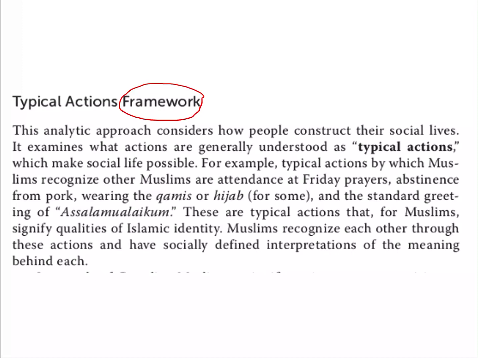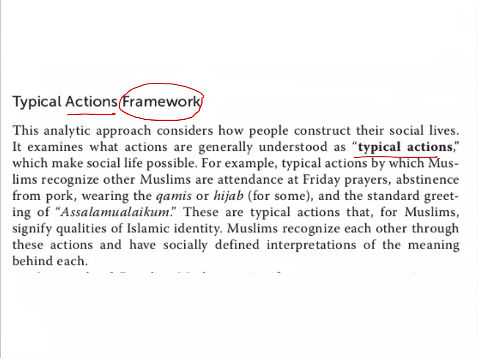Okay? So one of the things that is spoken about in chapter 12 is an actions framework. It's an analytical approach, and the descriptions here, I'm not going to read this out to you, but the idea is people construct their lives with what they have as typical actions, and it's done because they view social structures around them a certain way. So these are called an actions framework. So what that means is,